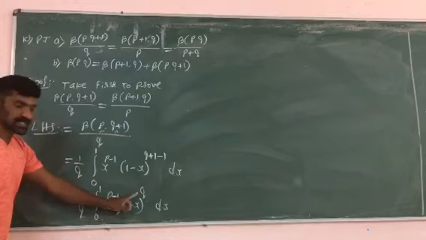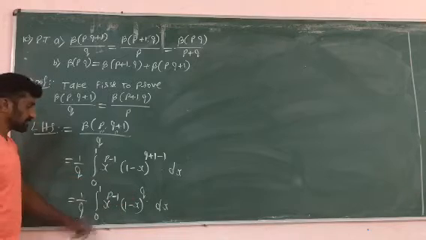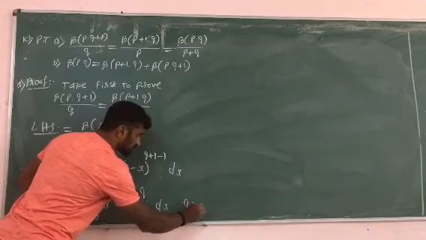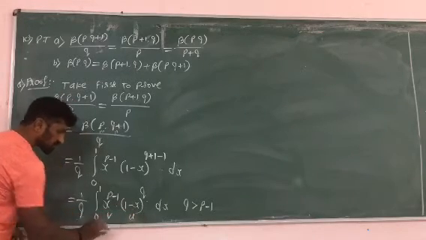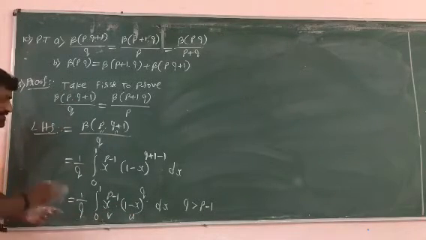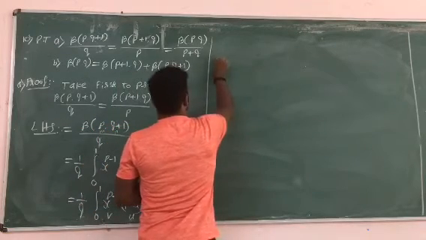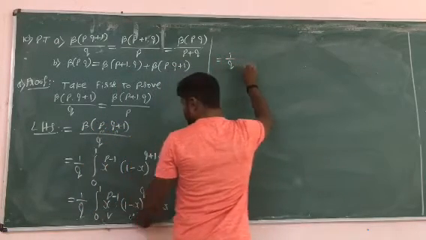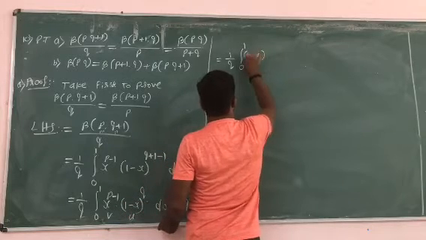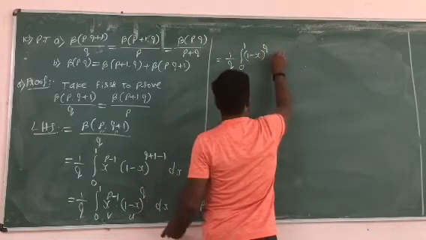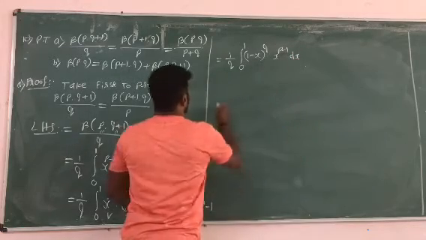Here this is larger than this. When the algebraic functions are the same, we do not need to take the power. So here q is greater than p minus 1, so this becomes the first function and this becomes the second function. Clear? By using integration by parts, so that equals 1 divided by q integration of 0 to 1 of 1 minus x raised to q into x raised to p minus 1 into dx.